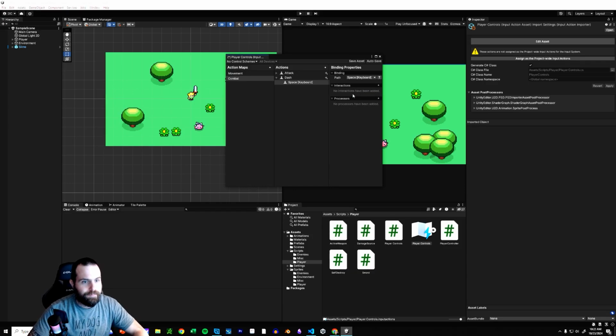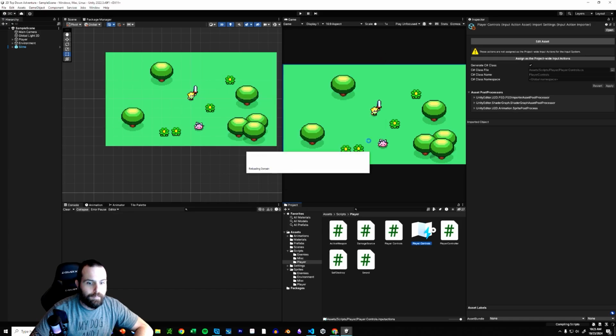Space. Yeah, I mean, space is always a good key for dash. Eventually, we are going to work on mapping this to a controller. But for now, we're not doing that. Spacebar seems to make sense for me, and I'll go ahead and save that asset. With that done, I'm going to go ahead and open up our player controller script. Now, you could probably go a bit more modular and create your own dash class and